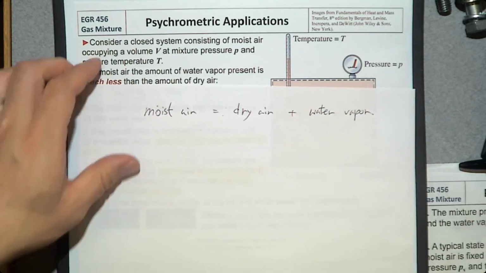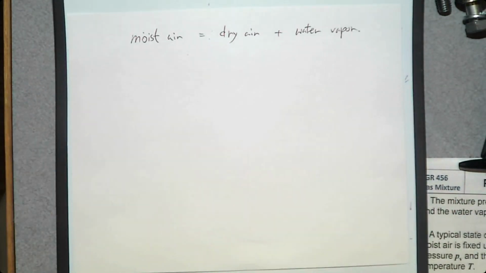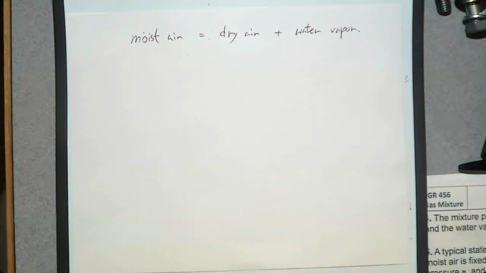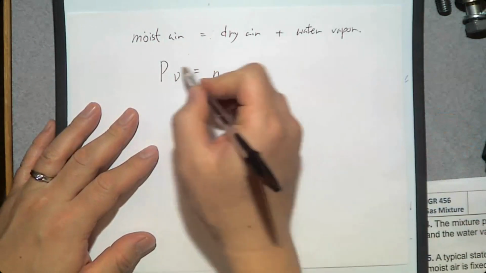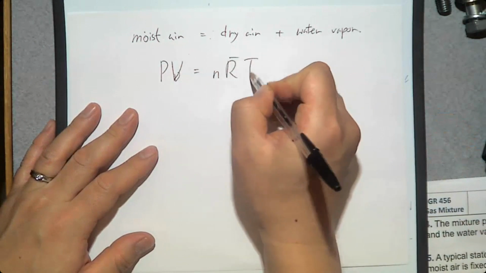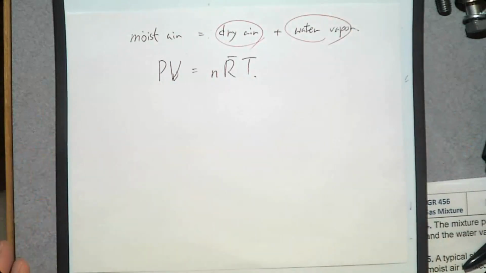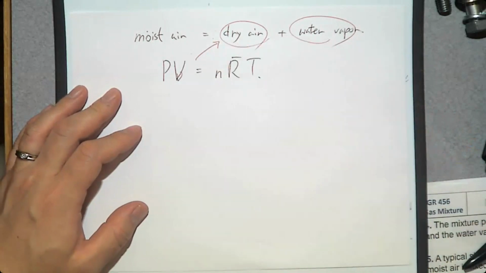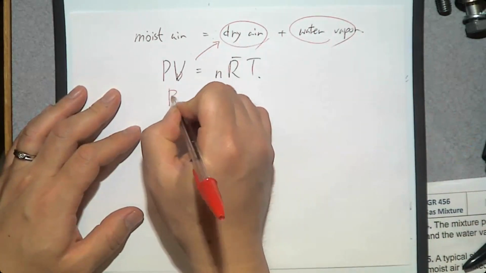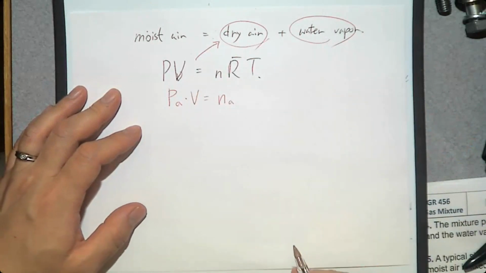So it's going to be PV equals nRT. In this case, we have two components in the mixture. If you want to apply this ideal gas equation for dry air, you can say PA times V is NA times